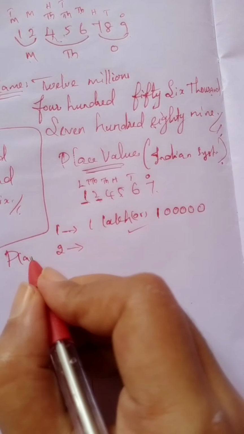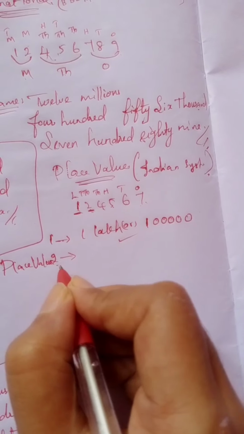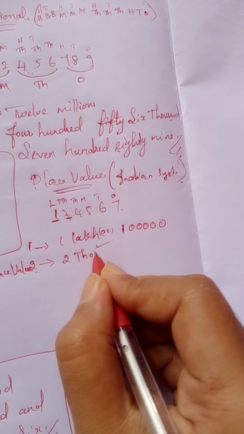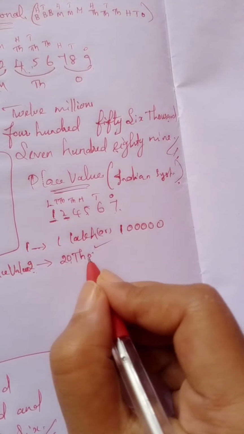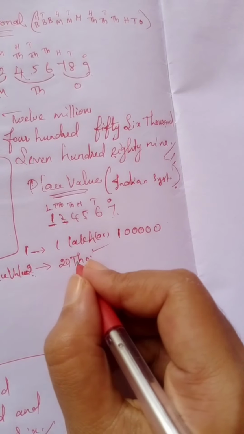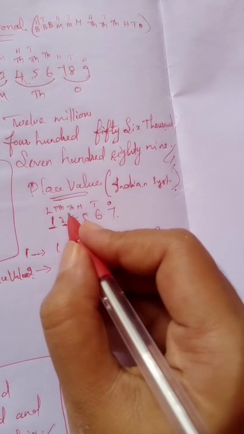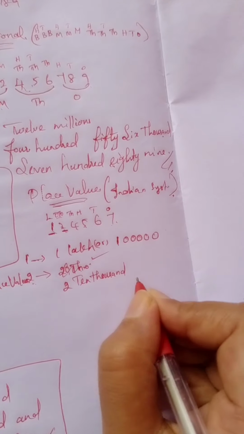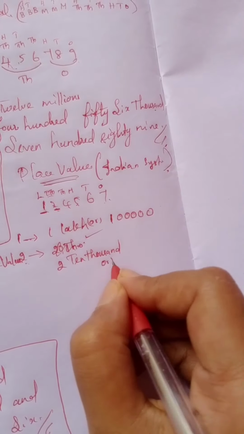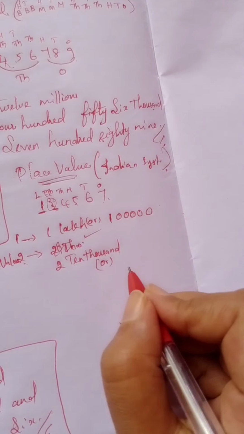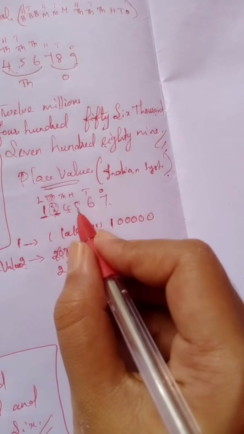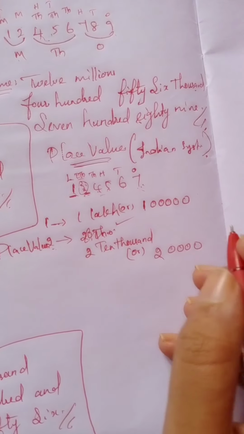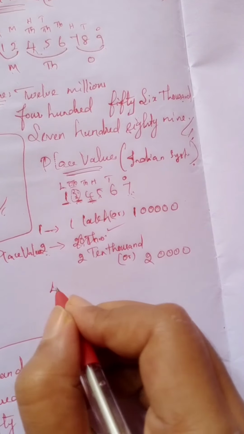Now let's write the place value of 2. So here 2 is at the 10,000 place. So which means you have to write 20,000. Otherwise 2 times 10,000. That's your wish. So 2 into 10, 20. So 20,000. Or write the 2 first. Then after 2 how many digits are there? 1, 2, 3, 4 digits. So 4 zeros. You can use any one of those answer types.